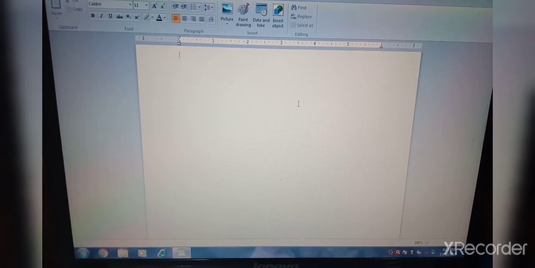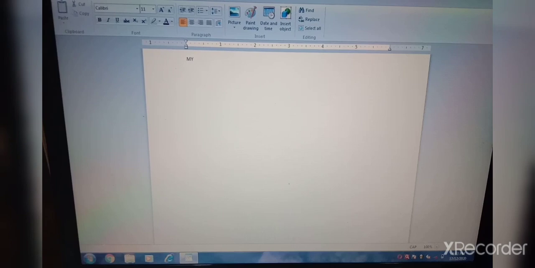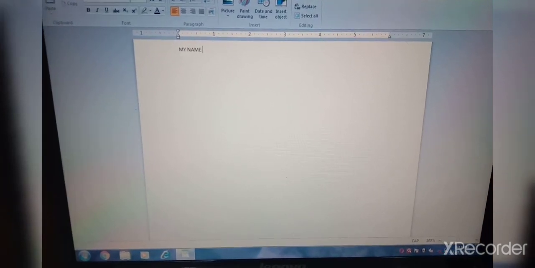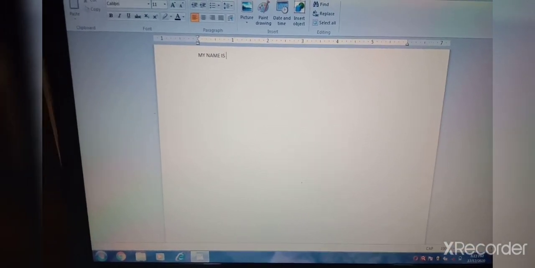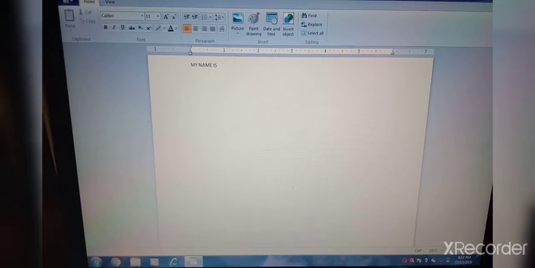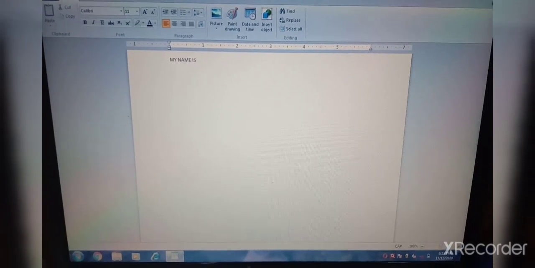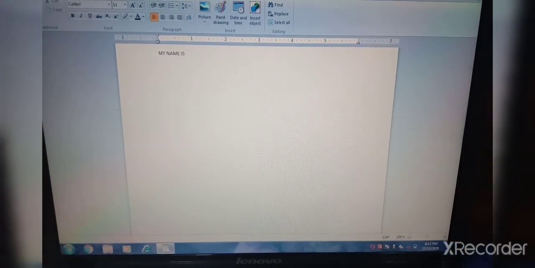Okay, where we actually work. When you type something here, see, my name is. This is working area, where we do our work. This white paper, you can call this typing area also or working area.